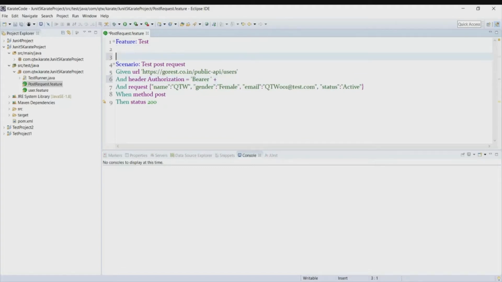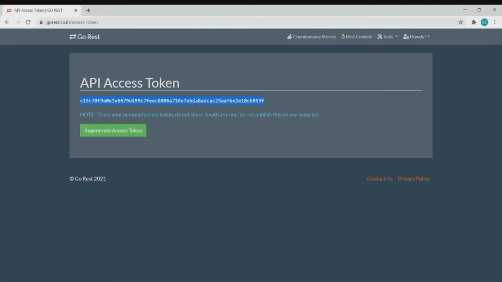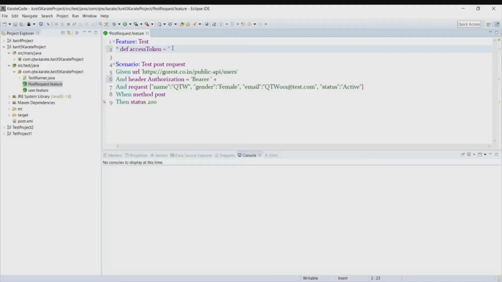So let me define the token into some variable, as we will be using it in different scenarios. Let me copy the token. So here we have got the token, so we will just add it here.